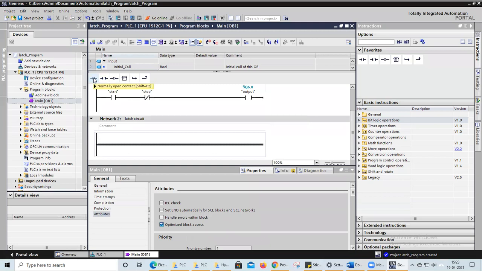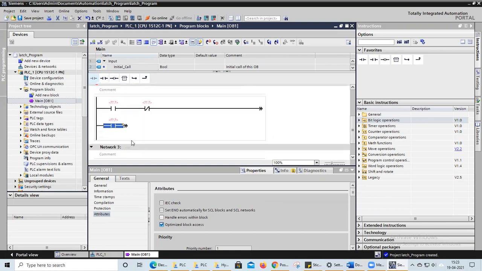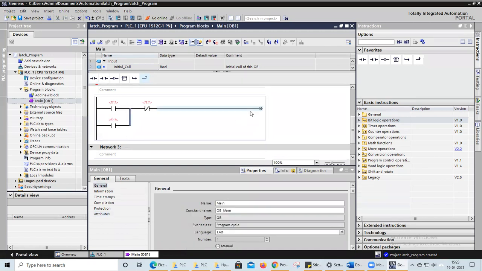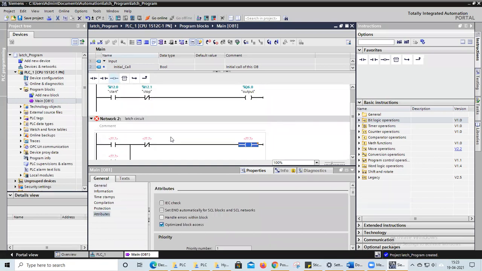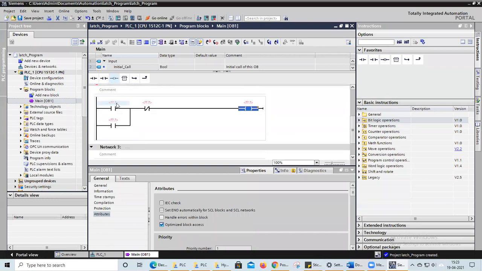Take this normally open contact and here a normally closed contact. Regarding the branches, you click here and take this branch and take a normally open switch. In order to close, you can use this one, otherwise you can click on this one and it will direct you like this. And here in the output you can create one coil. Okay, now addresses are given 12.0, 12.1. I will give address 13.0, otherwise I will give 12.2,